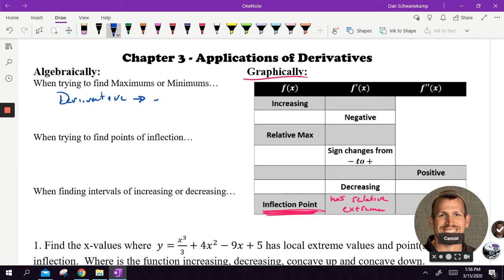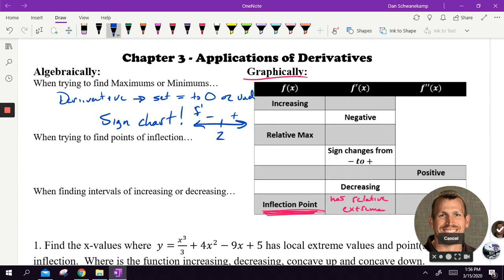You set it equal to 0 or maybe undefined. If you got a fraction like 3 over x, then you would want to look at 0 as well. We take the derivative, set it equal to 0 or undefined, and then you do a sign chart. Remember what that looked like? You got a little f prime sign chart. Boom, number line. Hey, we had a 0 at 2 and it went negative to positive, so that would be